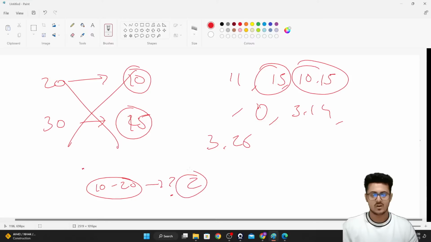We have 2 counts of data between 10 to 20, and you're going to plot that accordingly. Between 20 to 30, you have 1 data point. Between 1 to 10, you have 3 data points, and so on and so forth. That is how you count a histogram. A histogram is a continuous distribution of data, and that is the use case of histograms.